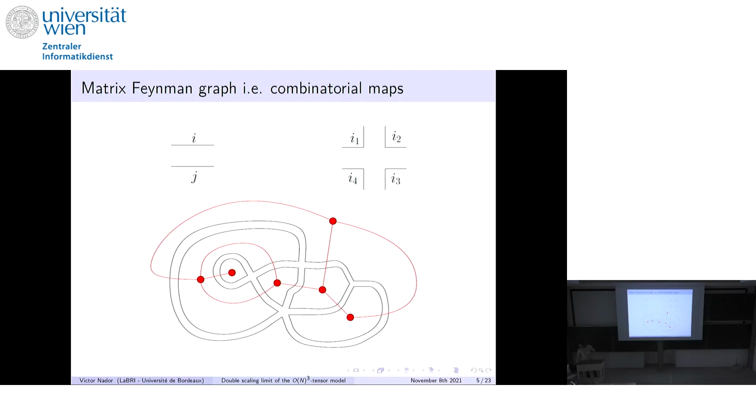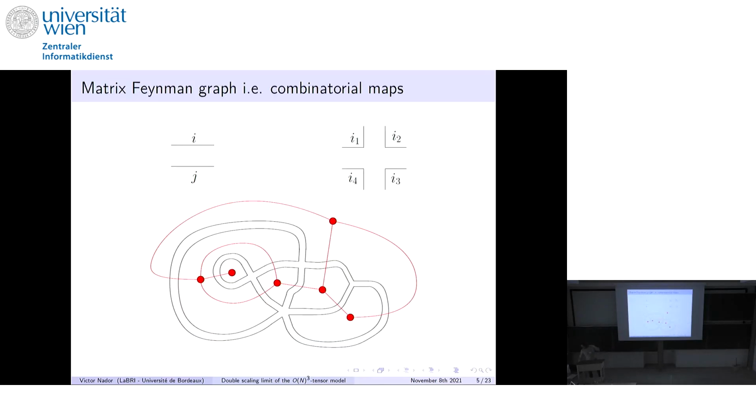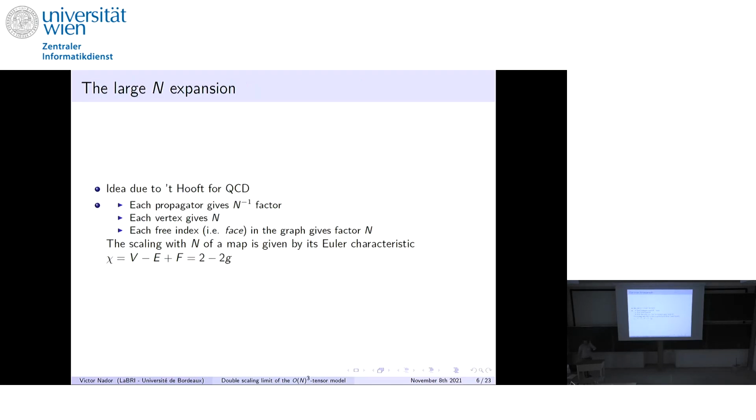And why is that interesting? Well, it's interesting because if you look at the shape of the potential I have, each vertex will come with a factor of N. Each propagator will come with a factor 1 over N because the propagator is the inverse of the quadratic term. And then every time I have one face, so for example here in my graph, I will have a free index, which sums from i equals 1 to N and gives me one additional factor N. So at the end of the day, the scaling with N of any given graph